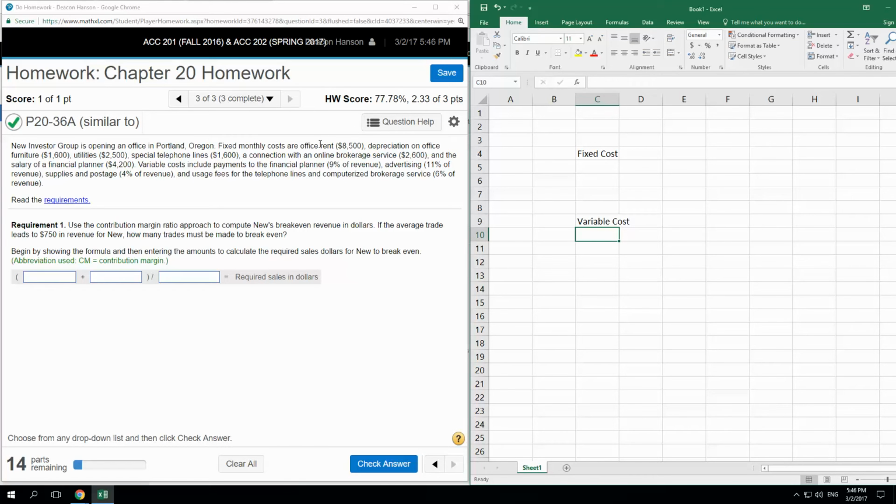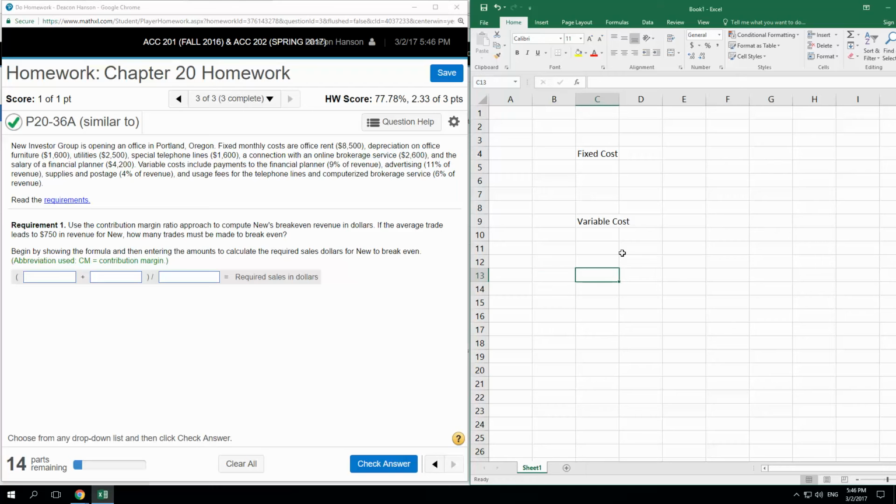Okay, and it says variable costs include payments to the financial planner, 9% of revenue, advertising is 11% of revenue, supplies and postage is 4% of revenue, and usage fees for the telephone lines and computerized brokerage service is 6% of revenue. Okay, so